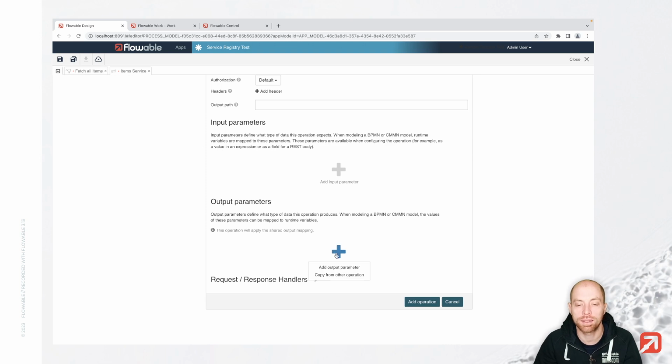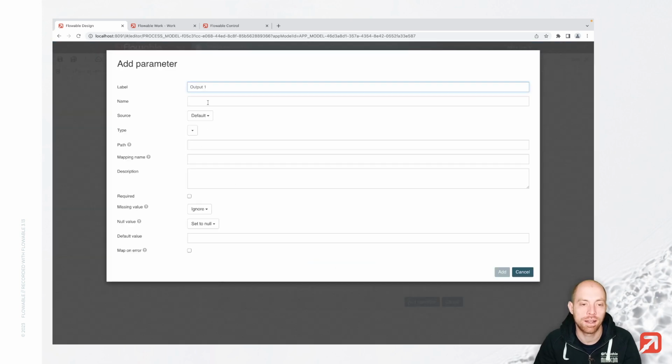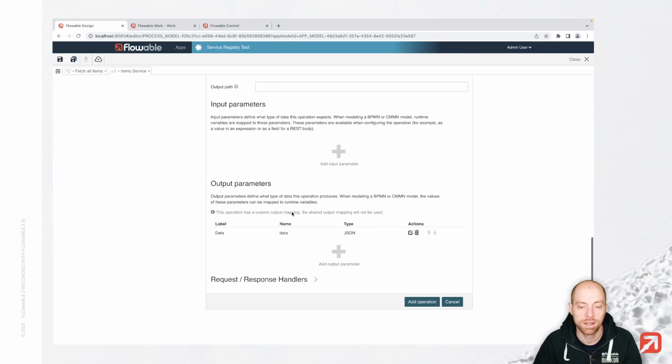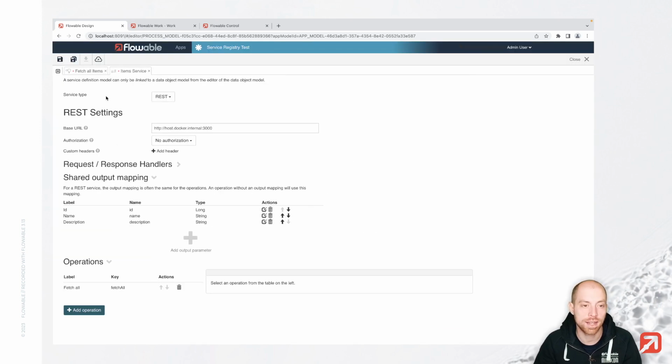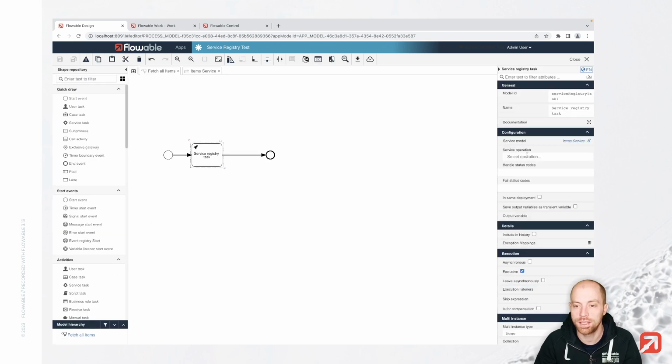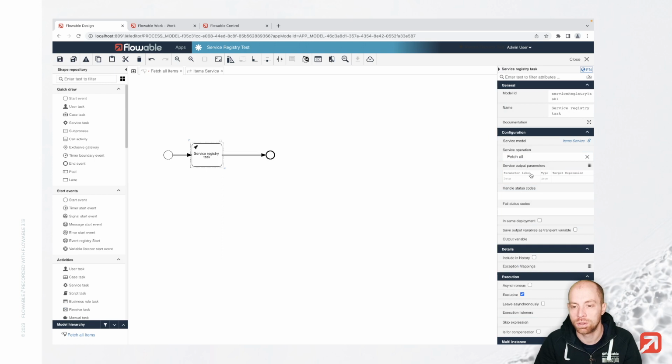We need to go ahead and specify here that below the data parameter, we are going to have all those items, and there we have then basically either an array or JSON. You can pick either of those two and go ahead and specify them over here. Now let's add that operation,